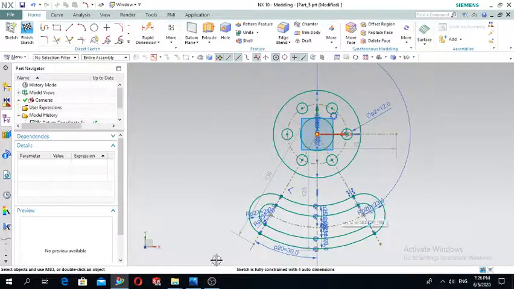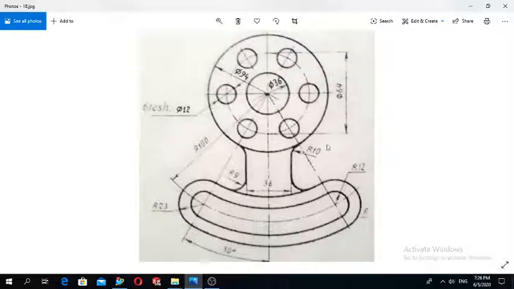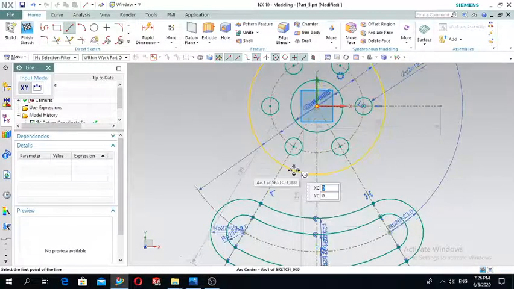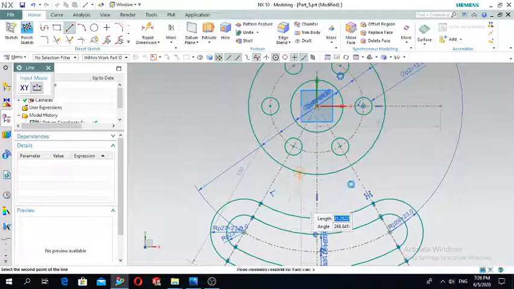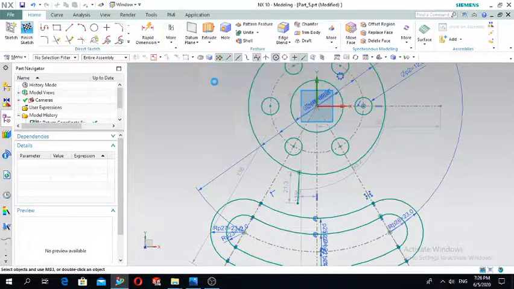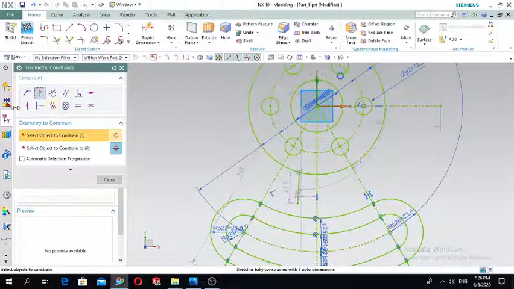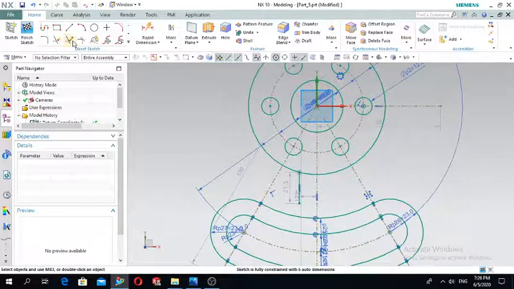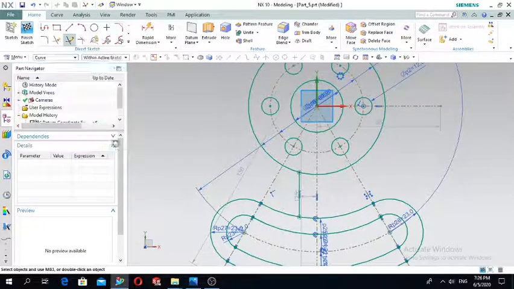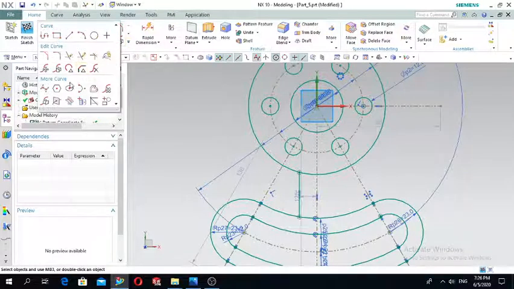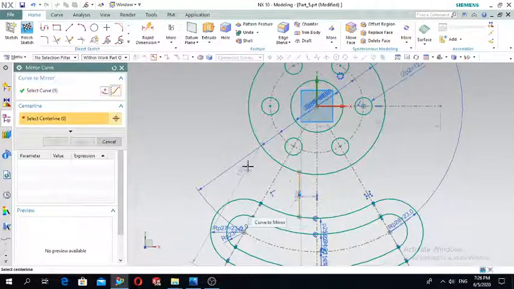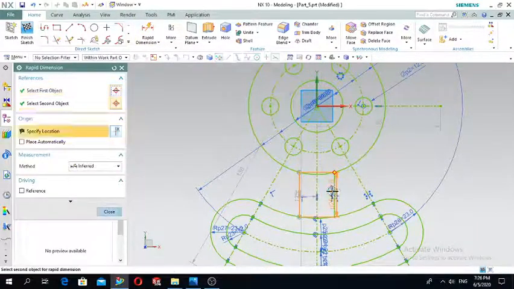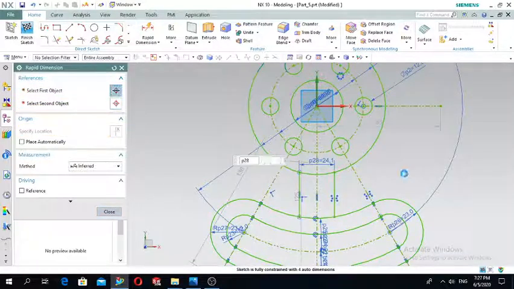So close this one, and the last step is to draw these two parts of the element. So draw firstly just a line, and using the geometric constraint make it vertical, so it will become vertical. Press OK. Okay, extend it, then make it mirror about the center line and define the distance between them. It was 36,